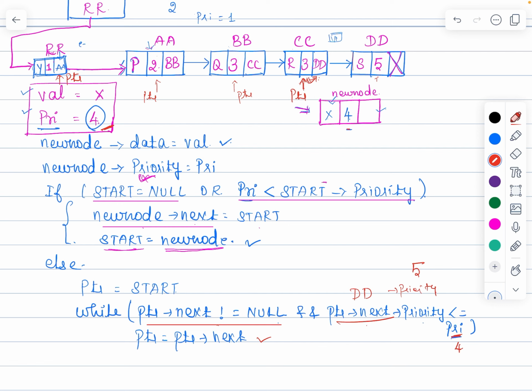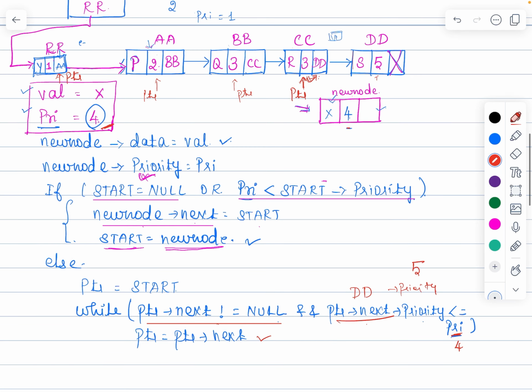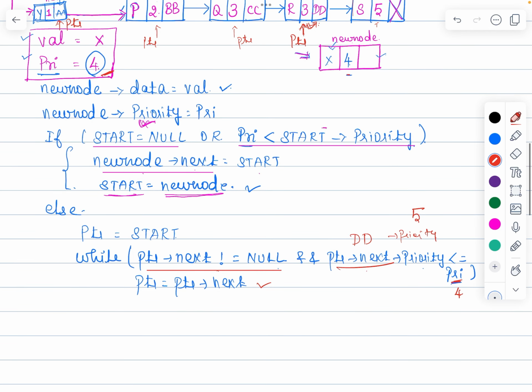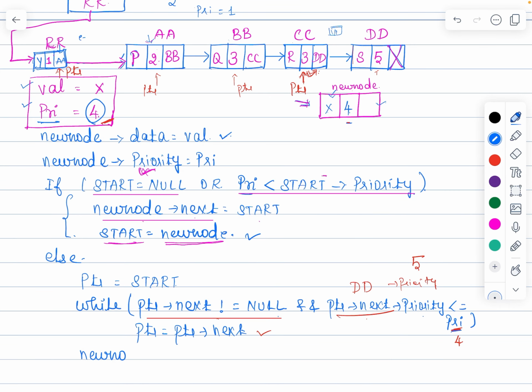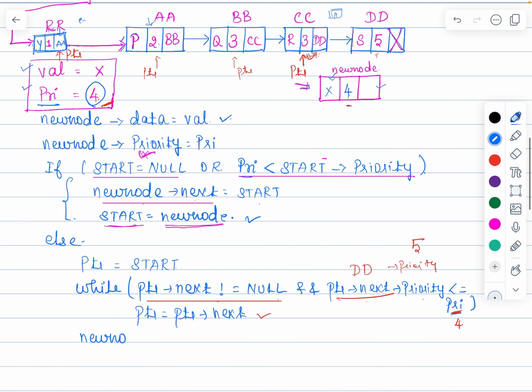Whether it is lesser, the current next is priority. Until it is lesser or equal, you can proceed. But if it is not lesser, which means we are supposed to stop, we have to come out of the loop. After coming out of the loop, you can start filling the new node, which means we found the right position. Only if it is lesser can you increment the pointer. If it is not lesser, we can